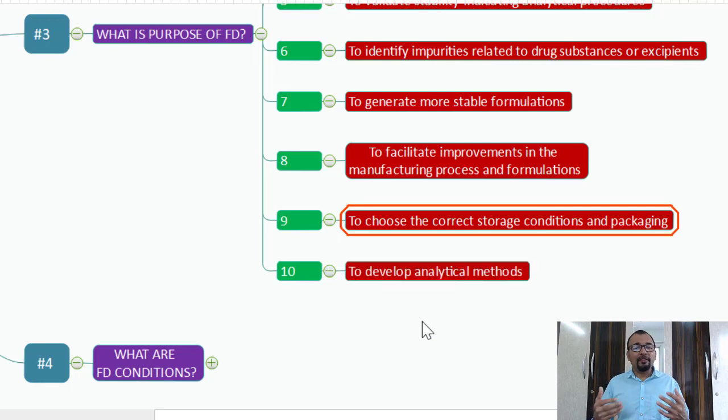And the 10th one is to develop analytical methods. See, the purpose of your analytical method is to make sure that your method is able to quantify and detect whatever impurities are present till its shelf life. The purpose of the method is not only to release the product, but also to test the product till its shelf life. And for that, rather than confirming during validation whether my method is really stability indicating in nature, why can't I confirm that during the method development stage? And that is where the forced degradation study is going to help you in a great way to have a stability indicating analytical method in place.